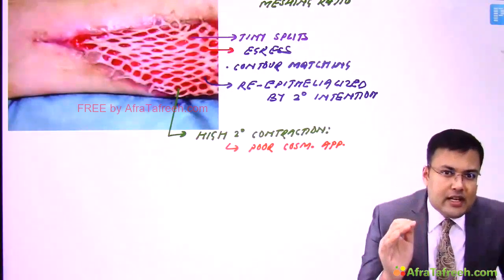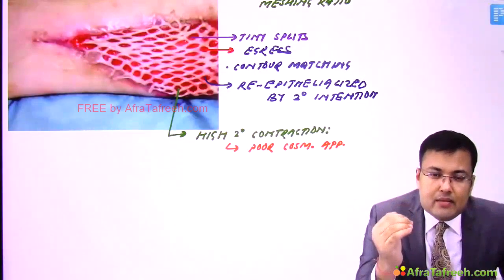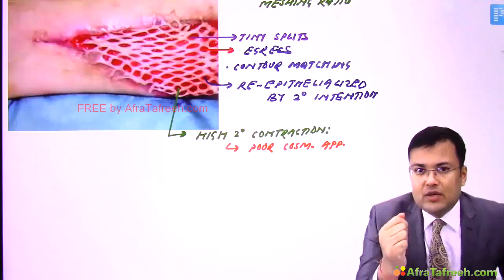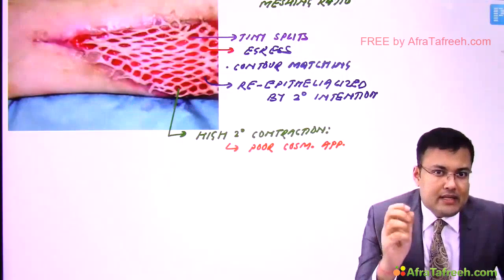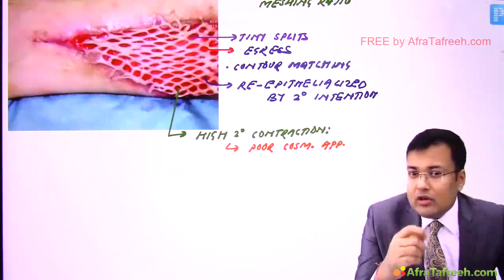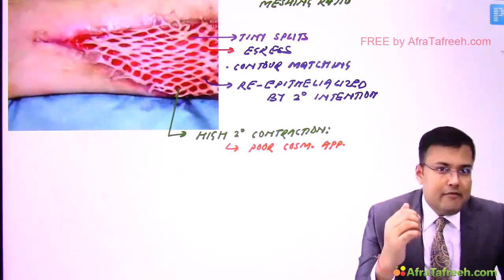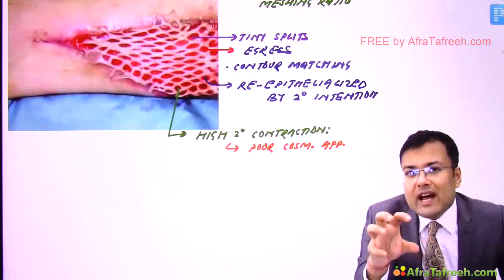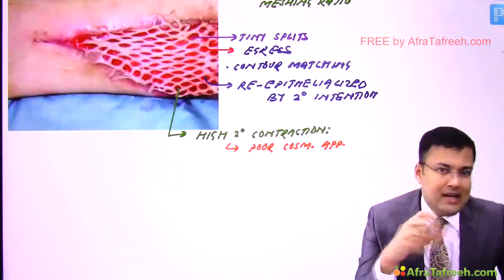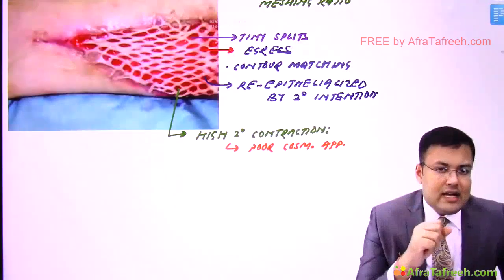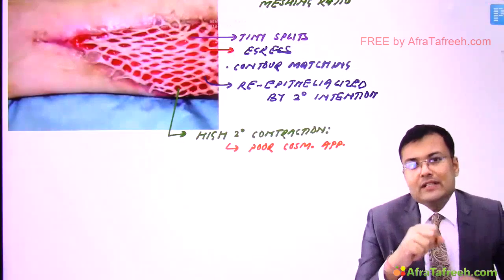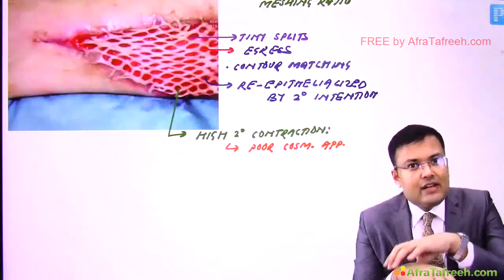because for skin grafting the recipient bed should be vascular. If the recipient bed is relatively avascular or hypovascular, there we have to use the vascularized graft or pedicled graft, and this vascularized graft or pedicled graft is known as flap. So for such areas we are going to use flap.